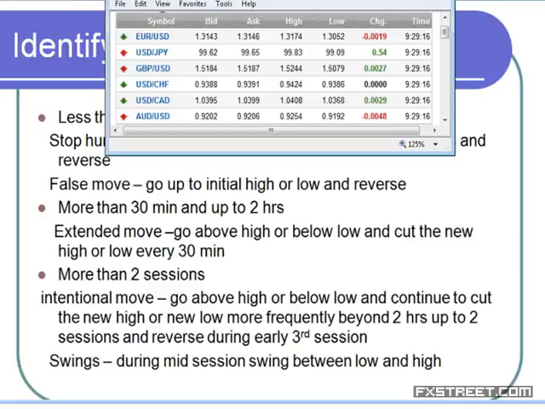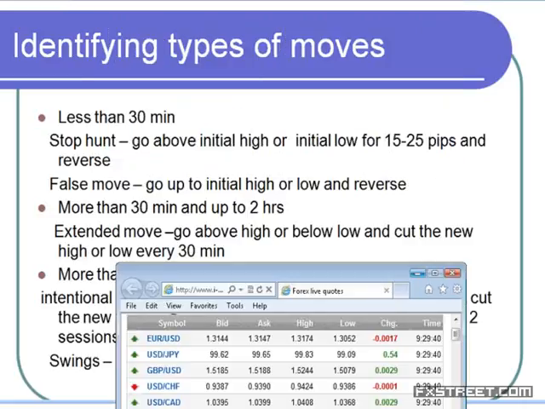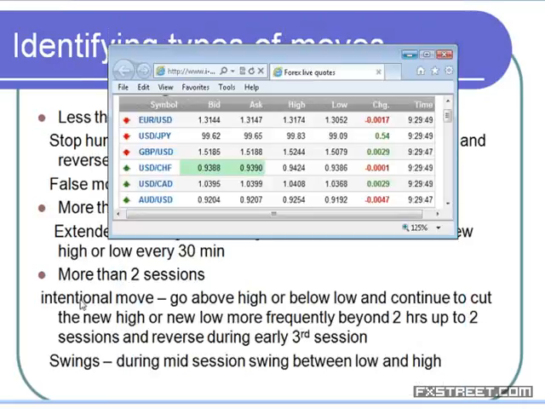And they may use any such excuse, a data release or just a breakout news. They can use it as a trigger and continue to gain or continue to drop the levels. This they mainly do during the monthly trend reversal time. So in an intraday trade, we have to find out what move they are doing of the 4 types of move, namely stop and false move, extended move, intentional move.